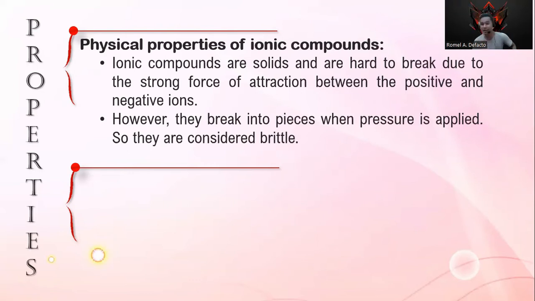Ionic compounds are solids, 'di ba? This is related to the lattice energy. Ionic compounds are solids and are hard to break due to the strong force of attraction between the positive and negative ions. The best example of this is sodium chloride, the table salt. Yeah, this is the best example of this one. Although it is easy to eat, pero it's really difficult for you to break compared to other